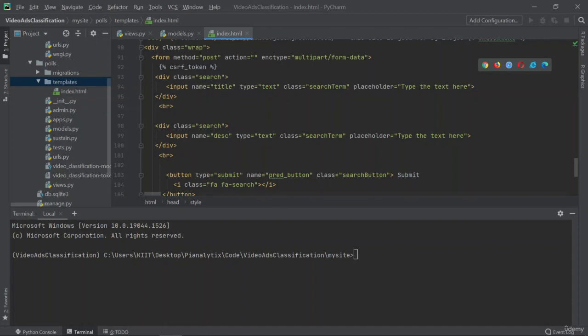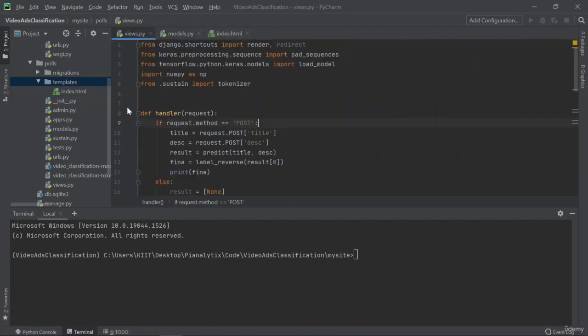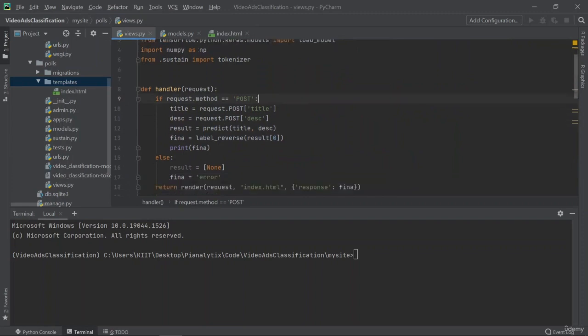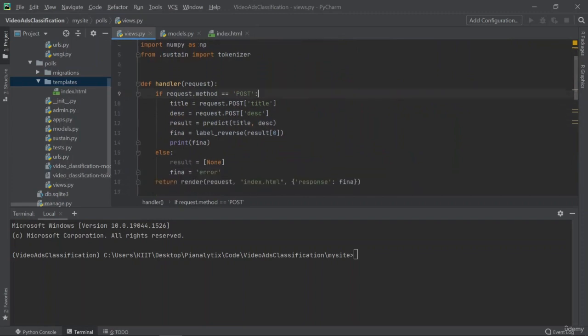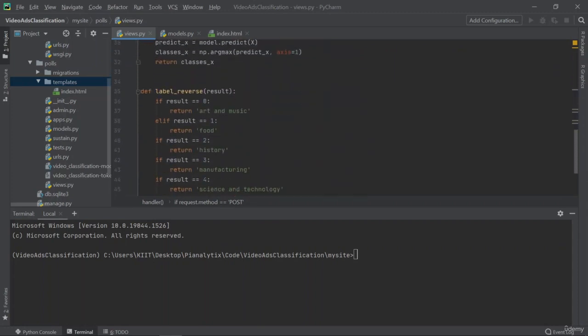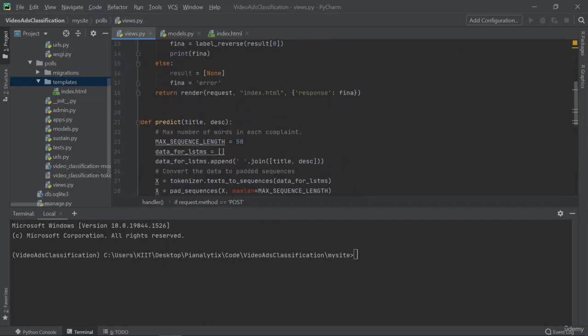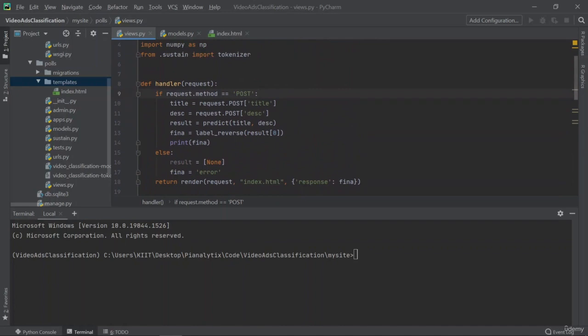So once you click on submit, all of that data is sent back to the backend. In the backend, that is our views. Now you create functions in the backend, right? You create functions in the backend where